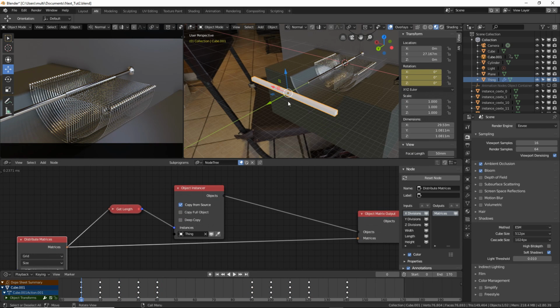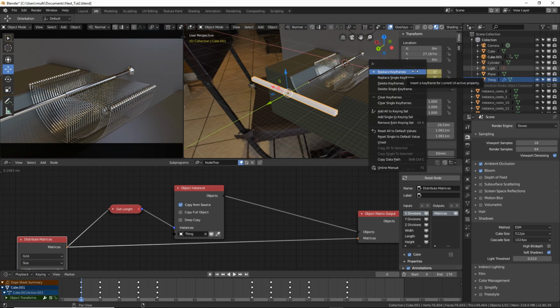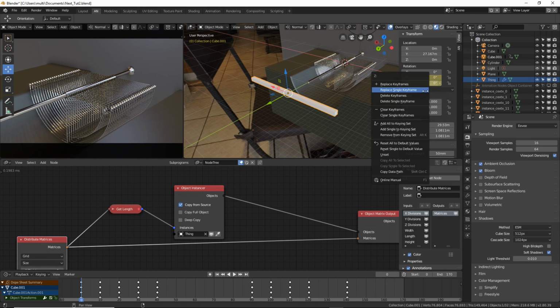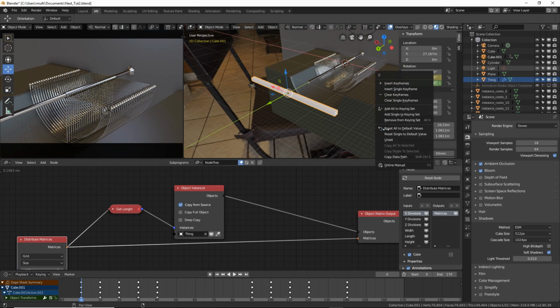Now we will transfer the animation of this cube to these things, and also I don't want all the channels to be animated, so I'm going to delete the X and Z. For that I just right click and choose clear single keyframes. So clear single keyframes, so we'll have only the y-axis.